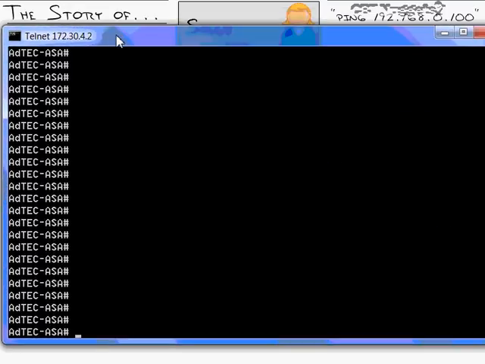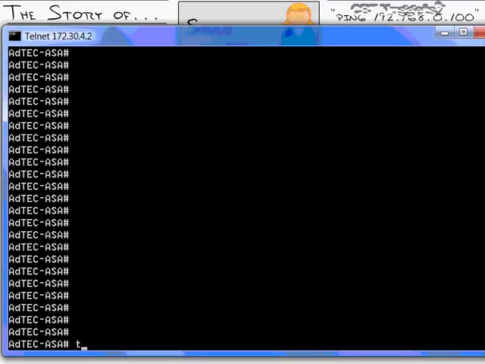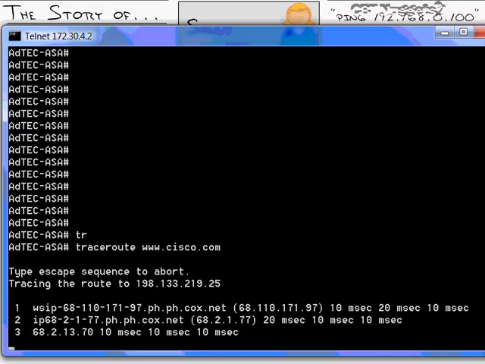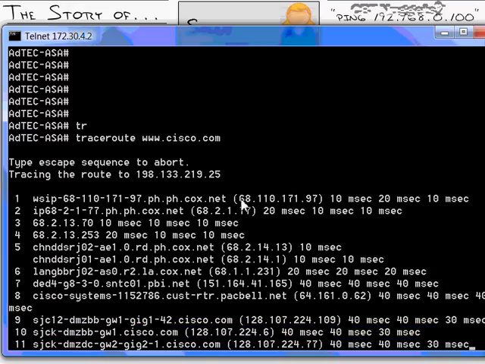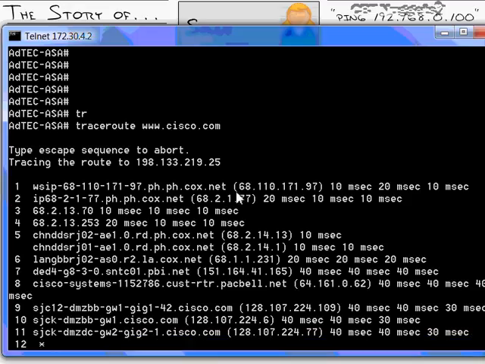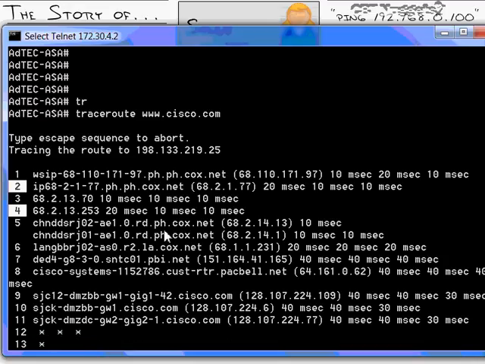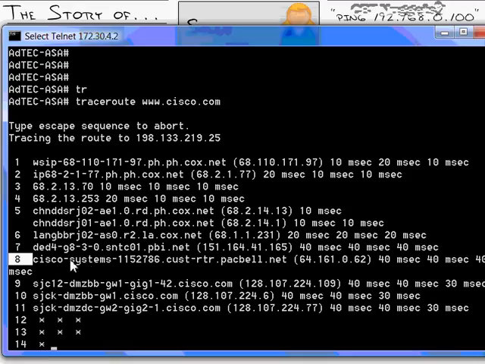Check this out. I have a connection over here to my firewall. I'm going to do a command that does a trace route to www.cisco.com. This shows me every single router along the way that I'm going through to reach Cisco. First router was phoenix.cox.net. That's my ISP. Second router, third router, fourth router. Every single one of these, I can see that I'm still in Phoenix. Oh, left Phoenix into, looks like Los Angeles, somewhere around there. You can kind of tell where these routers are. And somewhere I entered into a Cisco Systems router at pacbell.net, which I'm assuming is their ISP, and went through a couple more